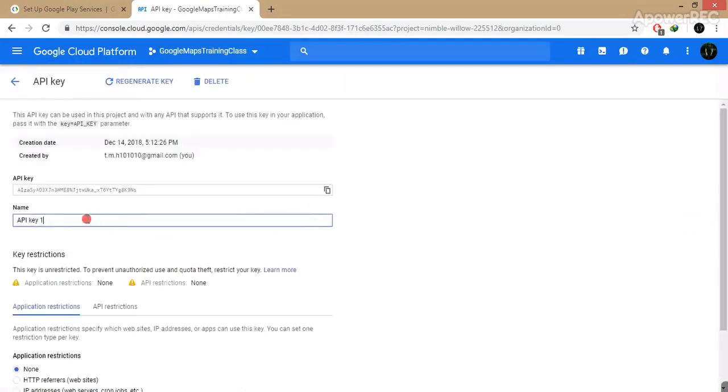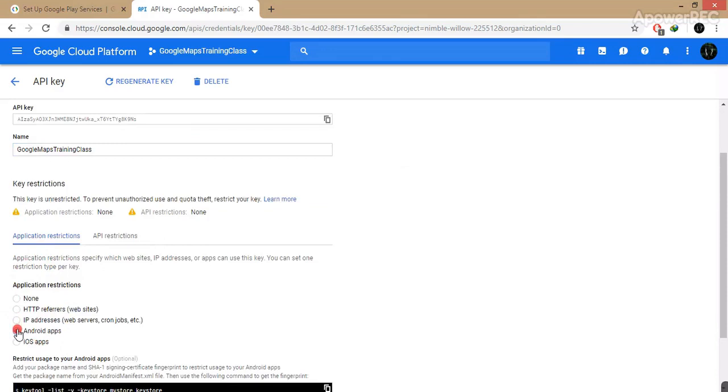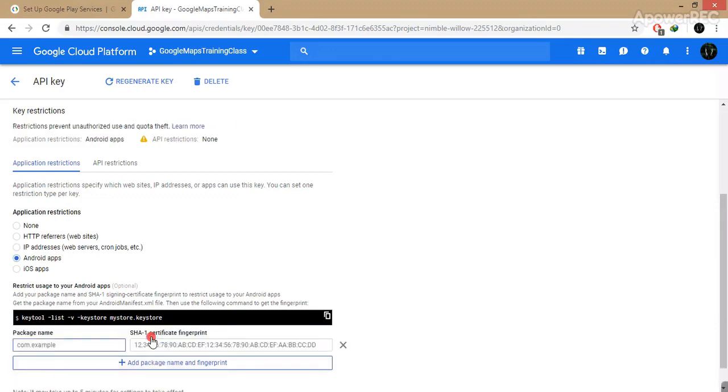Just click on edit and change name. I'm going to give it the name Google Maps Training Class. And under application restriction, click on Android apps. Click on add package name and fingerprint.